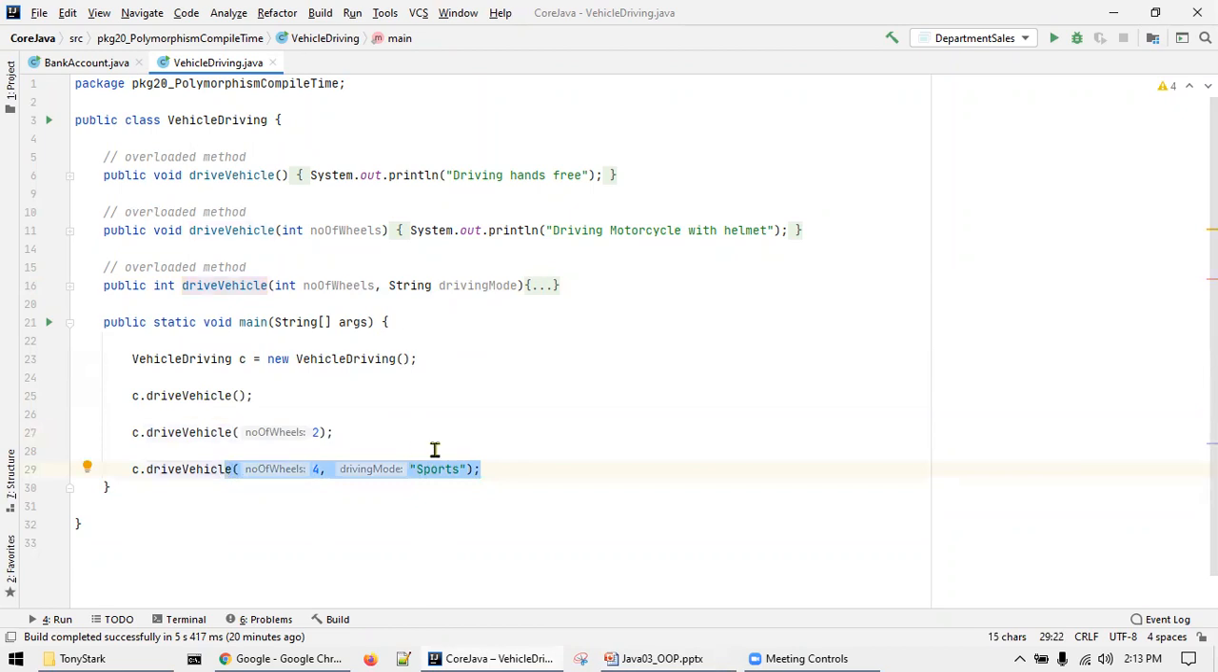So whenever the bytecode is ready, and whenever the JVM runs the bytecode and encounters a method with the same name, but there are multiple methods defined here, which method should be called? It will decide based on the number of arguments. Okay, if you see here,